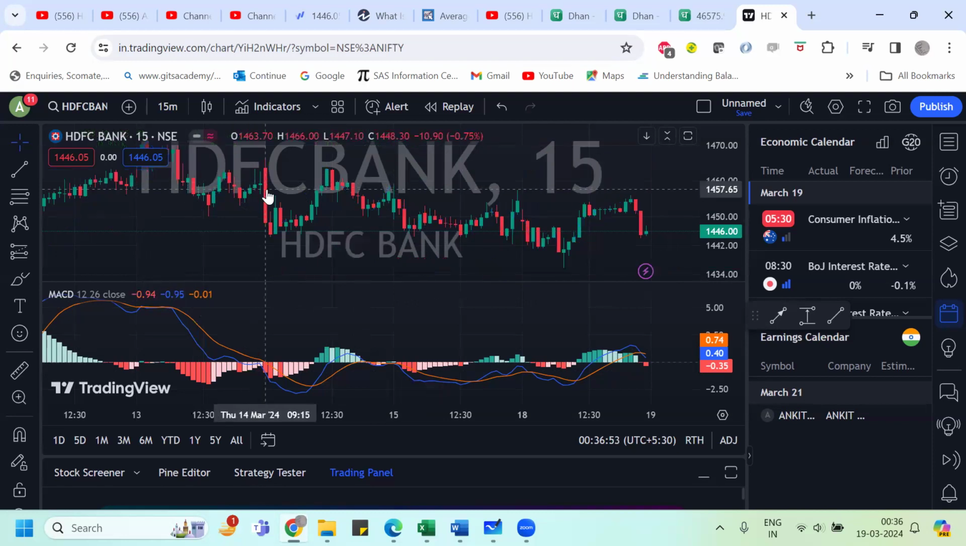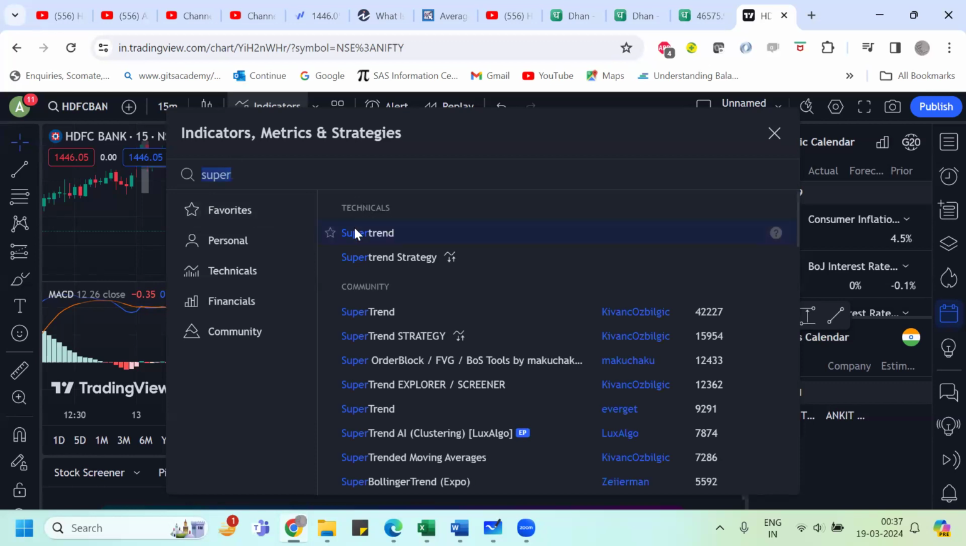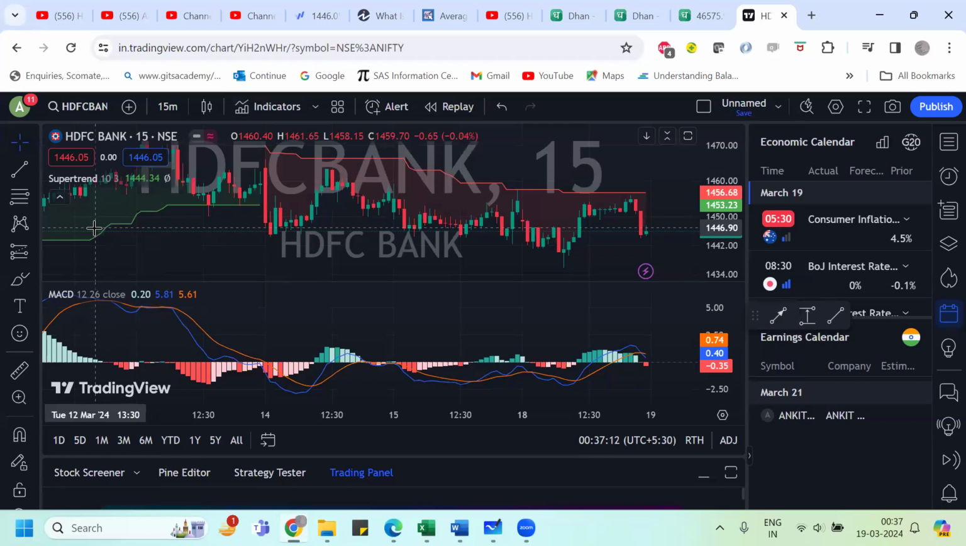What else can you do? You can use super trend or VWAP. If you're using super trend or VWAP, you can see here the buying signal developed, but again MACD